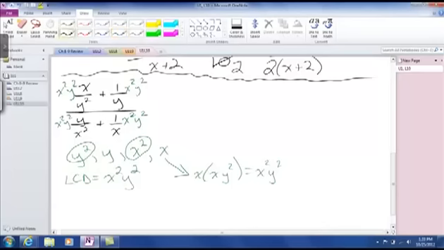On this first fraction, I've got y squared over y squared. That cancels, so I'm left with x squared times x, that's x to the third. In the second fraction, I've got a y, and that'll cancel out one of the y squareds. So I'm left with plus